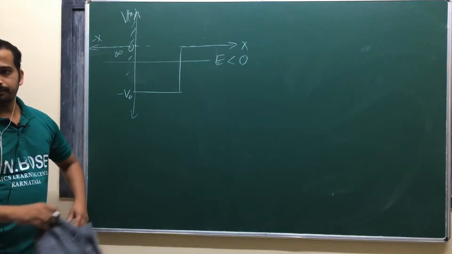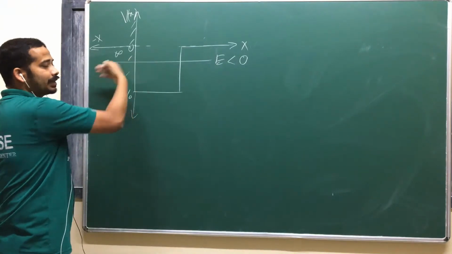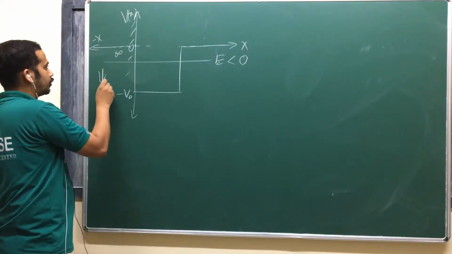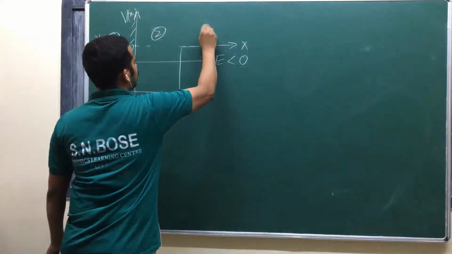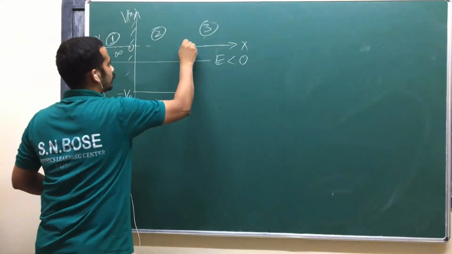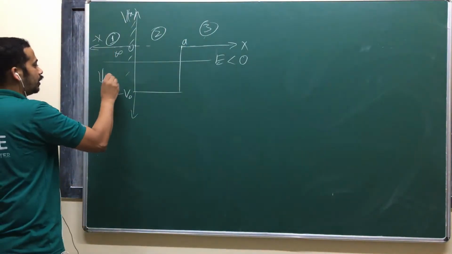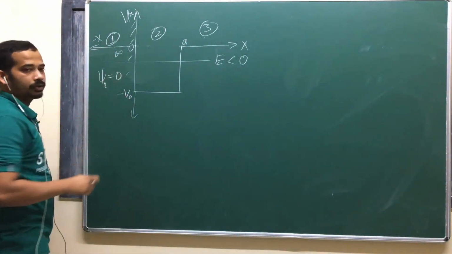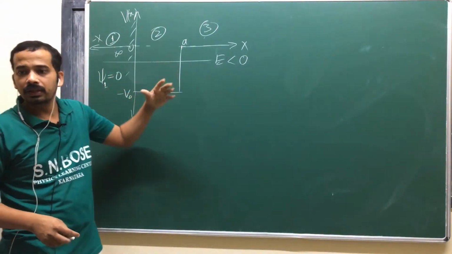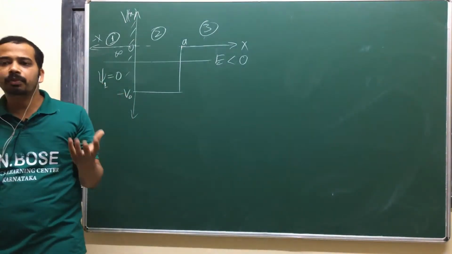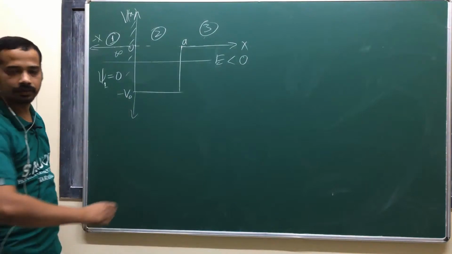Now look here. Since the potential is infinity, the particle cannot enter here, so the wave function is equal to 0. Can I write this as region 1, region 2, and region 3? Region 2 is 0 to A. In region 1, the wave function psi 1 equals 0. In region 2, when energy is greater than the potential energy, it is e power ikx plus e power minus ikx, or sine and cos, the solution of the Schrodinger equation.